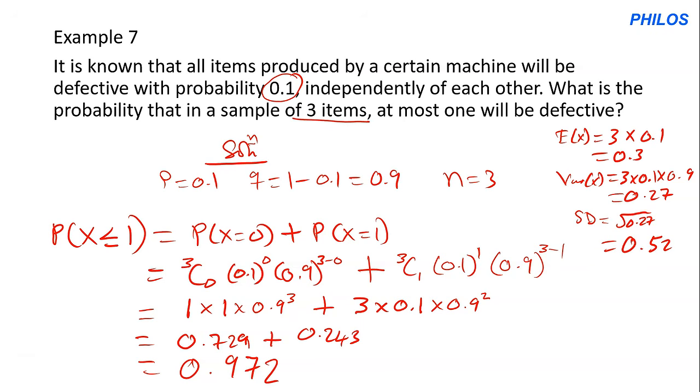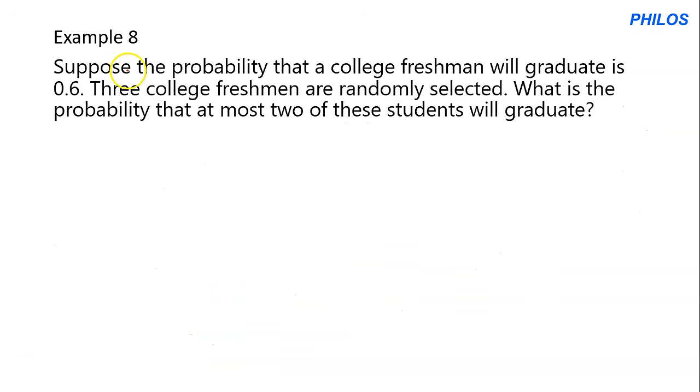So let's proceed to the next question. Question 8 is, suppose the probability that a colored freshman will graduate is 0.6. 3 colored freshmen are randomly selected. What is the probability that at most 2 of these students will graduate? So to solve this,